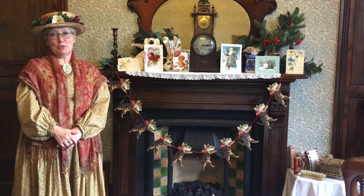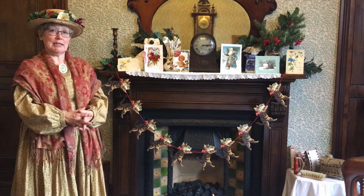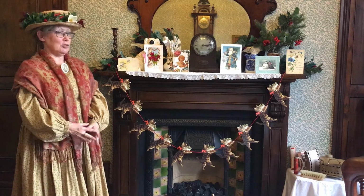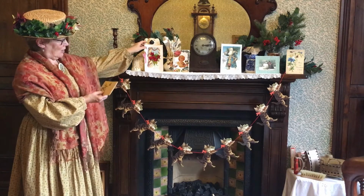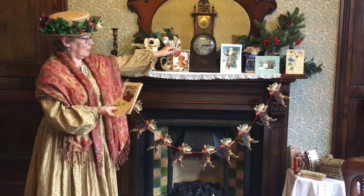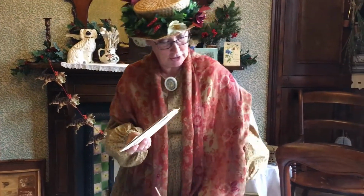Welcome to Hayden Hill House Museum, to the housekeeper's room. As you can see on the mantelpiece here, we've got some Christmas cards. We're just going to have a little chat about Christmas cards. These ones are original ones here, and this is one that we made. So if I show you the original ones first,